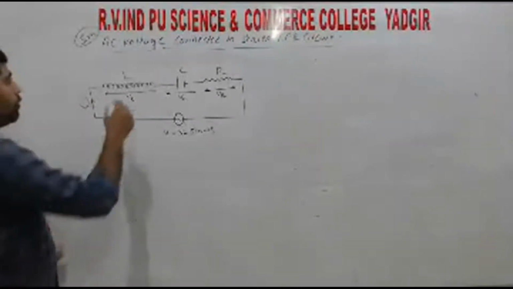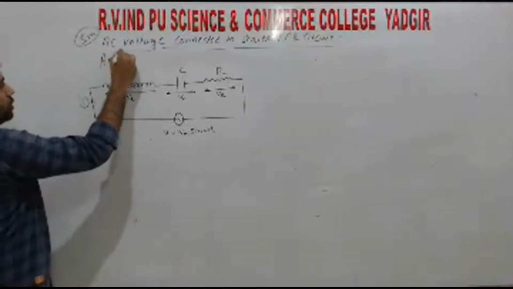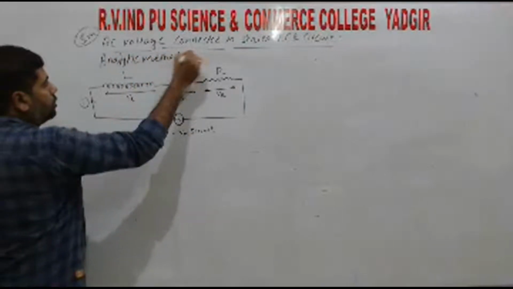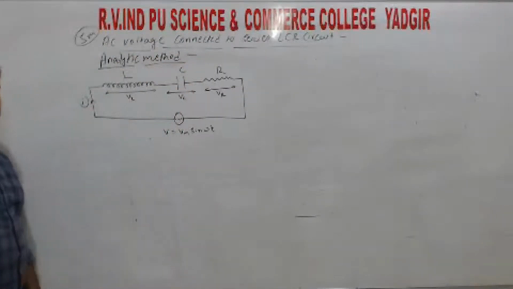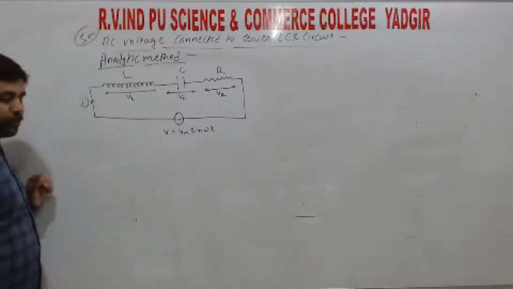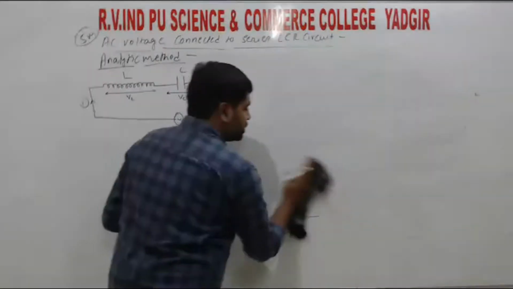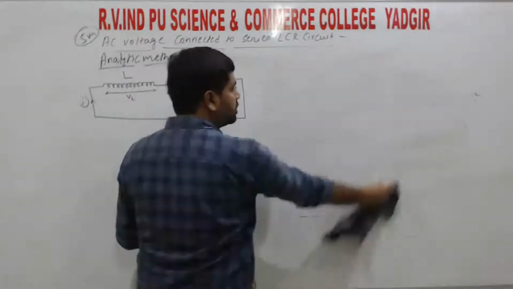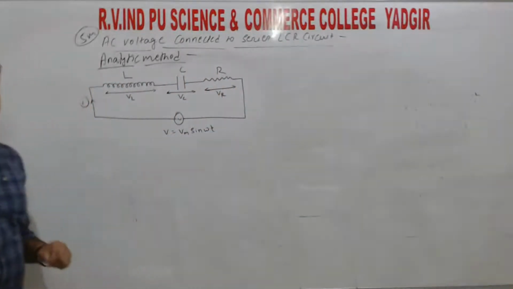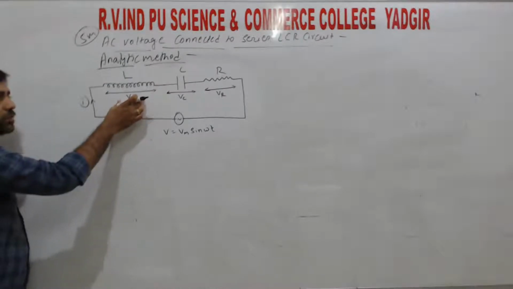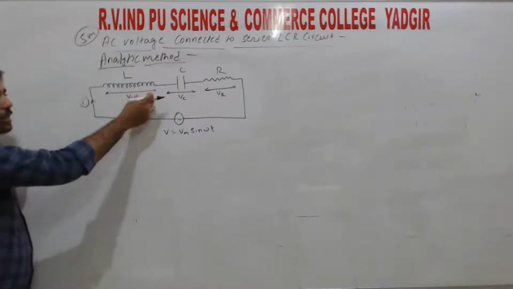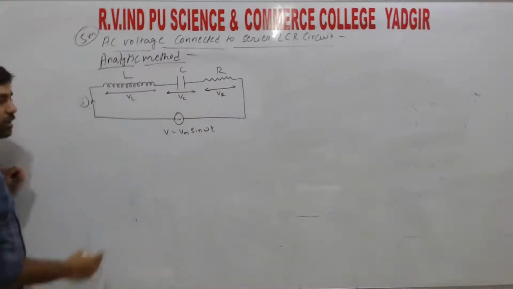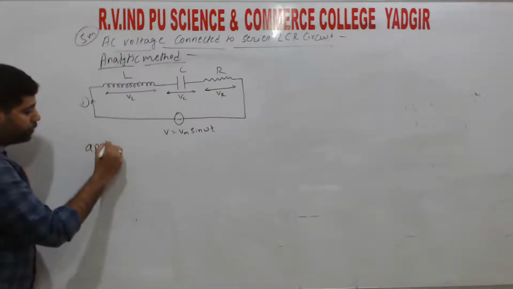So analytic method. Analytic method is purely based on the mathematics. Just a simplification and equating and simplifying, we get the impedance value, right? So first, that is the voltage across the inductor, voltage across the capacitor, and voltage across the resistor, right? So applying